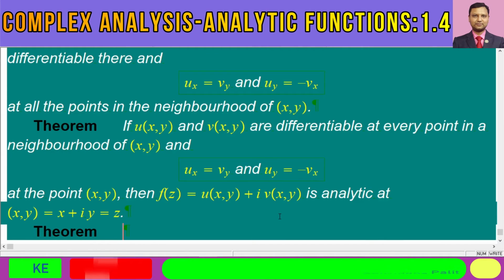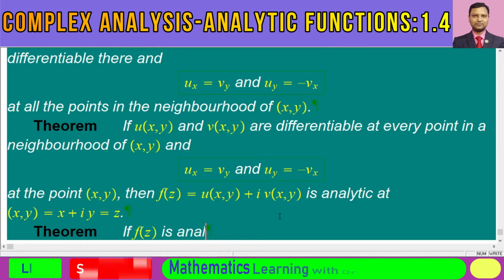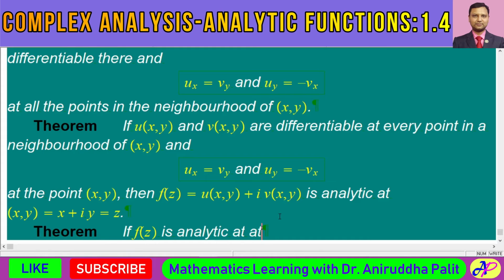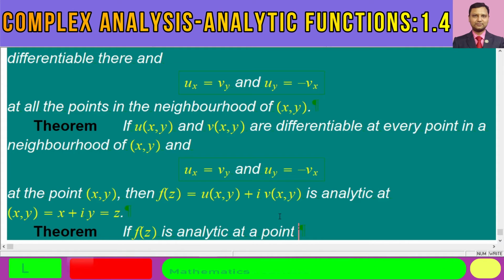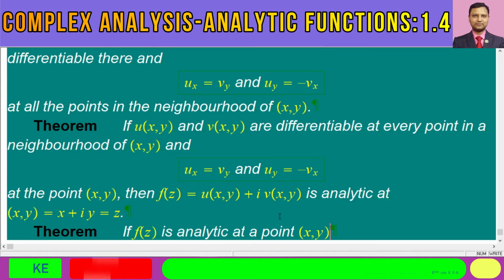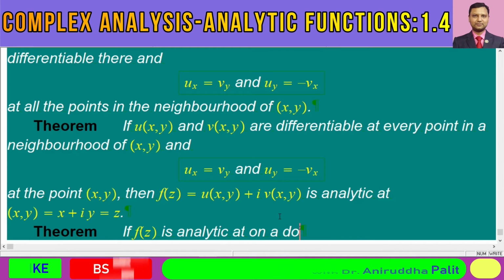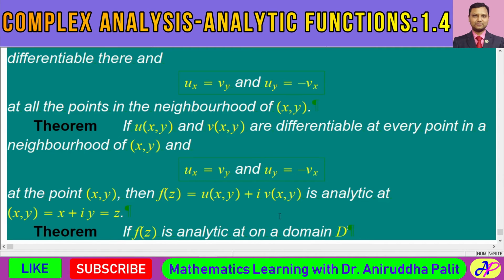It says that if a function f of z, function of complex variable, is analytic at a point, say x comma y, or it may be analytic on a domain D, you can also write it in this fashion, on a domain D. Then the derivative